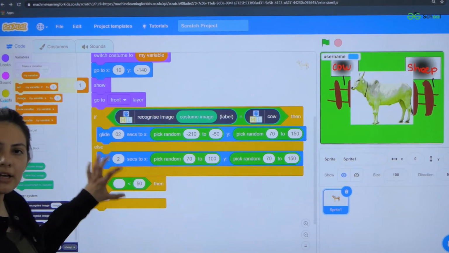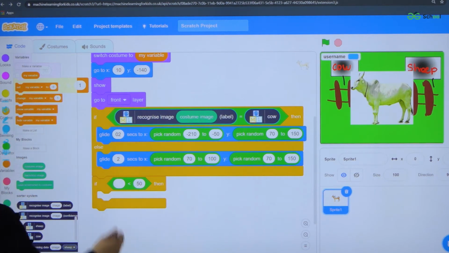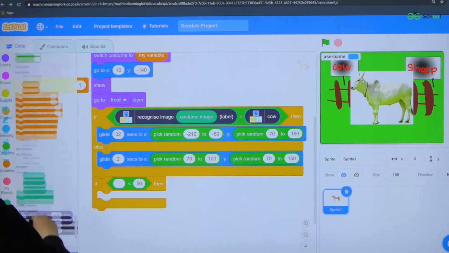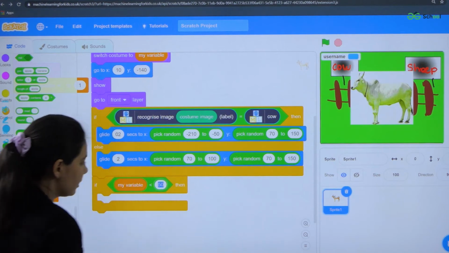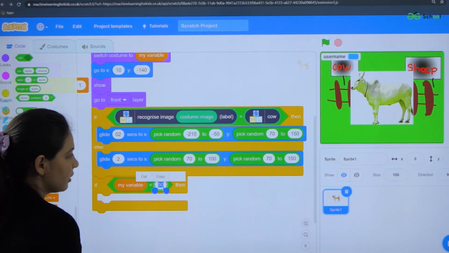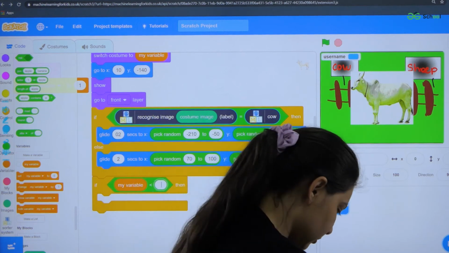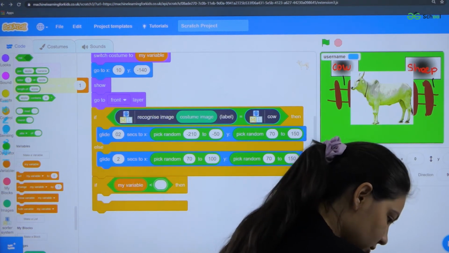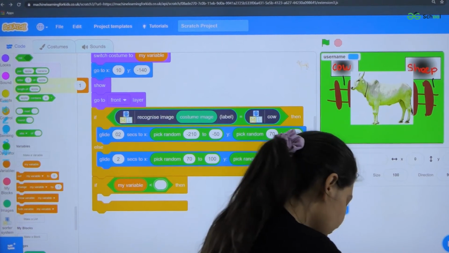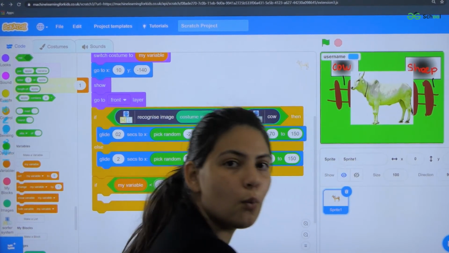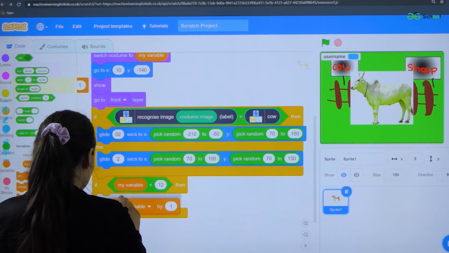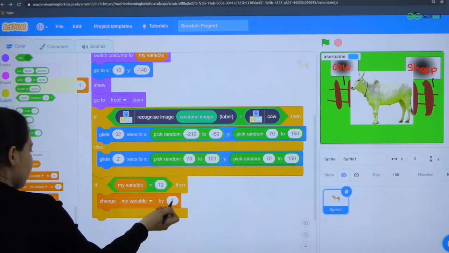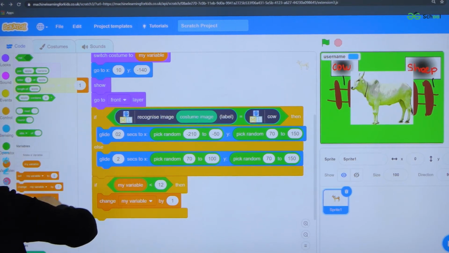In the if-then block, I am using a less than operator, and here I want, if my variable is less than, let's say, 12 images, it will change my variable by 1 and create a clone again.